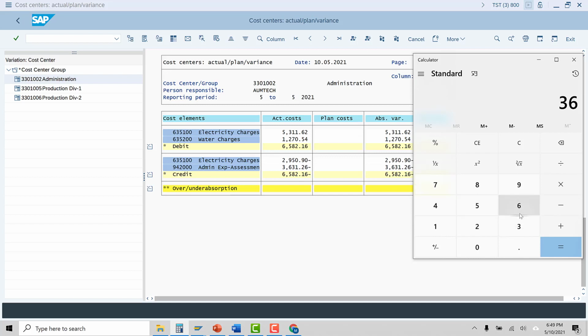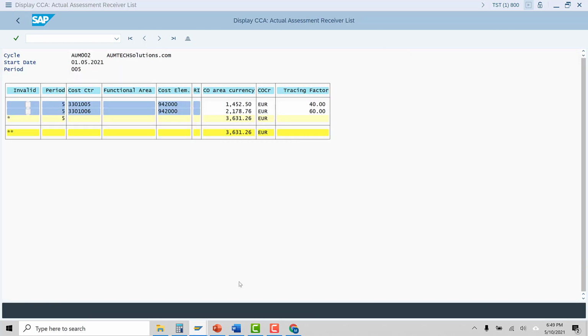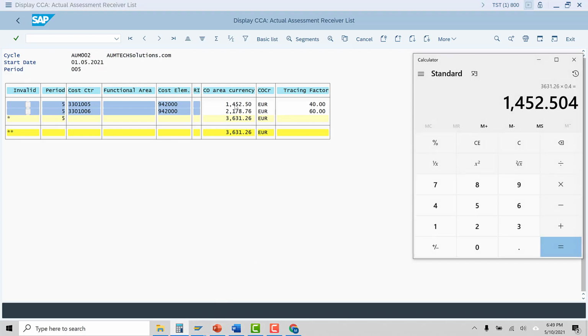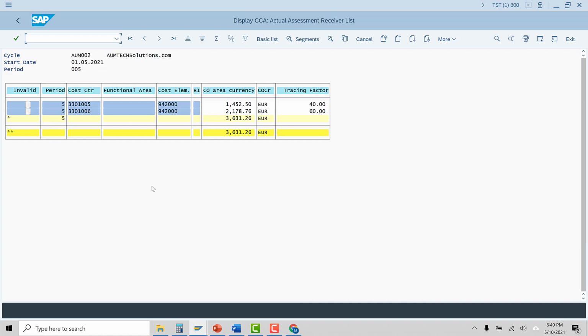So 3631.26 is sent and 40% of this, that's 1452, and correct, 1452.50 euro has been sent to this cost center. 3301005, that is receiving, has received 1452, which is 40% of that value, right? So this is the way assessment works.